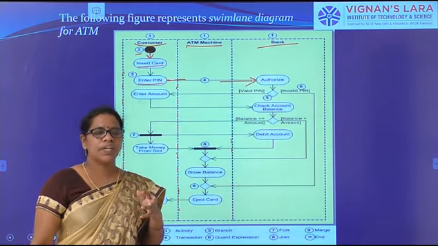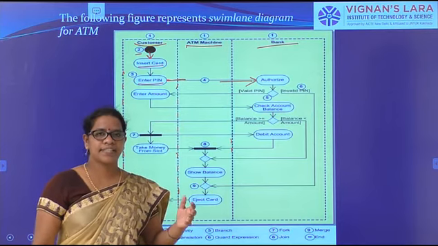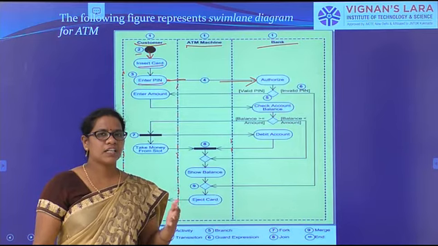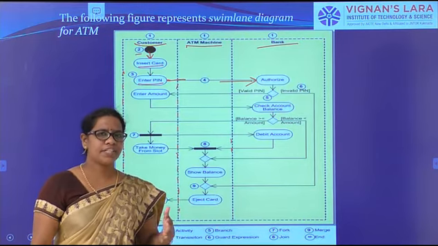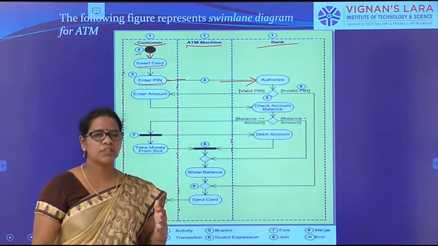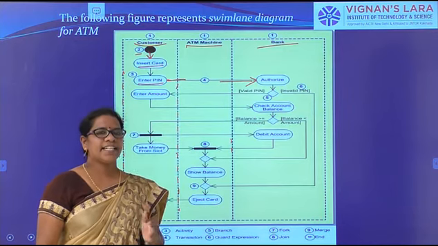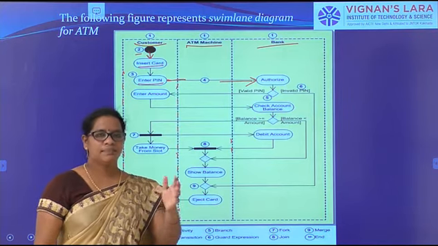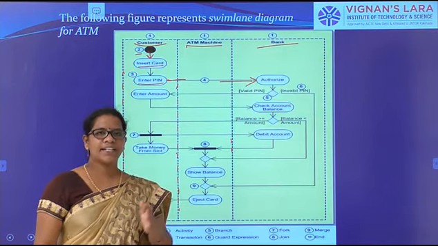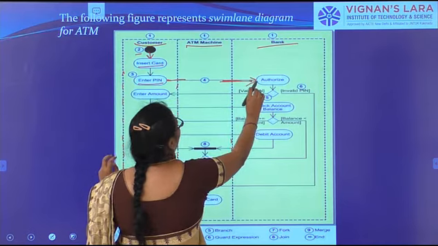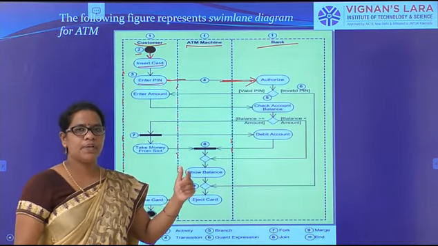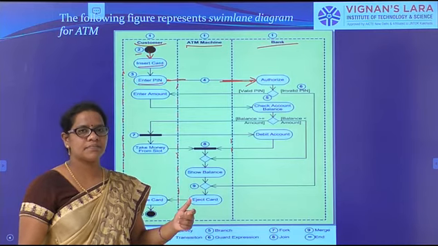So where you open the account with the bank, whatever the fields you have, that means Aadhaar card, PAN card, ATM, whatever it is, everything will be linked with the bank. So the data of you will be stored in the bank database. That's why, after entering the PIN, it will go for authorization. So who will authorize? Bank. Bank means virtually it will be taken by the database.